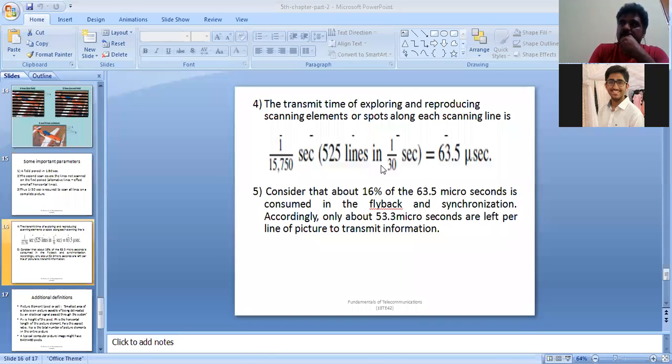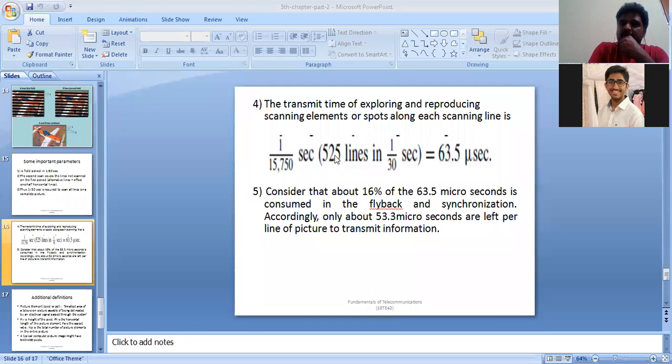All of you have heard about picture resolution. We say 400 cross 240. What does it mean? 400 horizontal pixels are there, 240 vertical pixels are there. So that's the meaning, right? Because of the NTSC standard, here we have been asked to consider 525 horizontal lines to send the entire frame, which is the entire picture, made of 525 lines. You need 1 by 30 seconds. If that is the case, to send one line, you need 1 divided by 525 into 30.